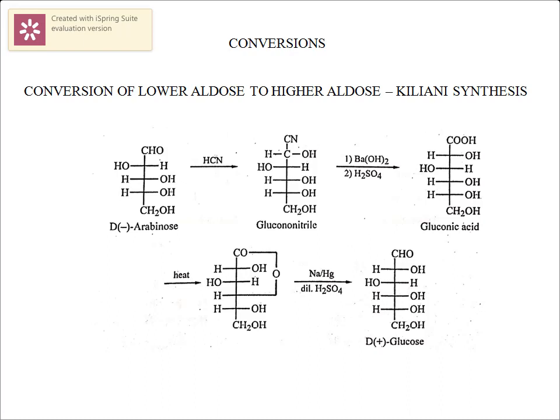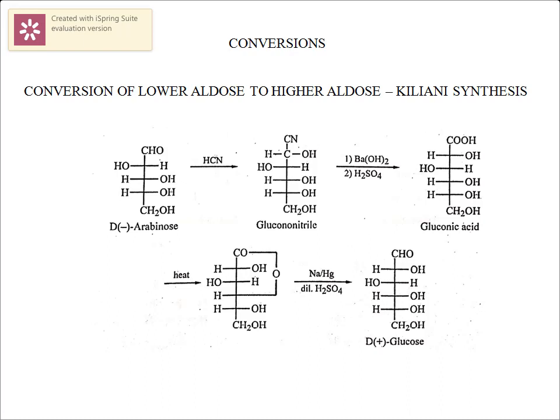So the important reaction in this conversion is the Kiliani reaction. That means the arabinose is going to react with HCN. The CN minus attacks the CHO to form a cyanohydrin. And this particular cyanohydrin, this gluconitrile, is separated out,